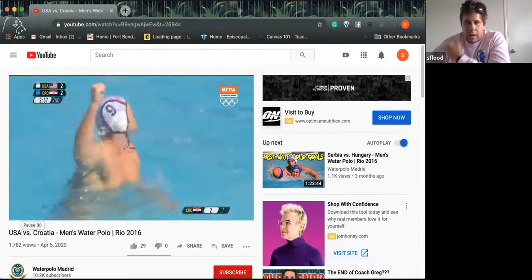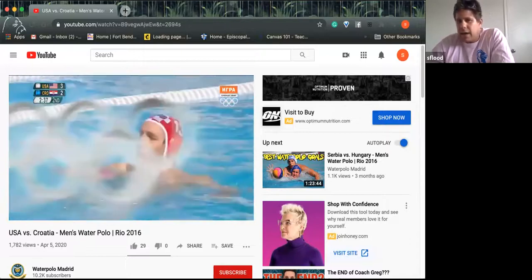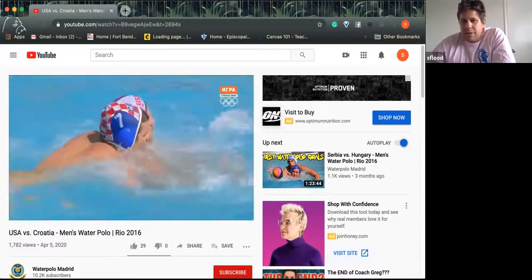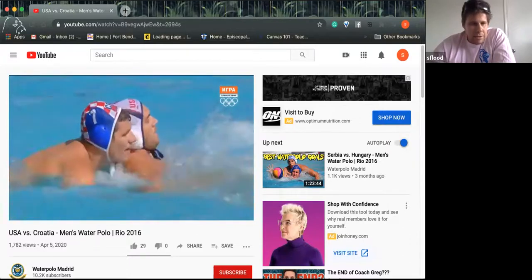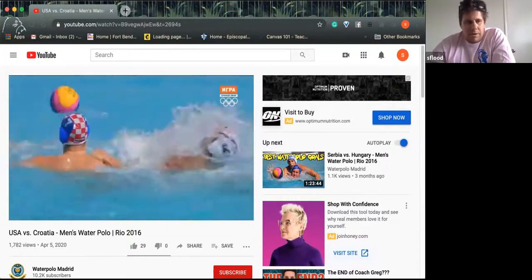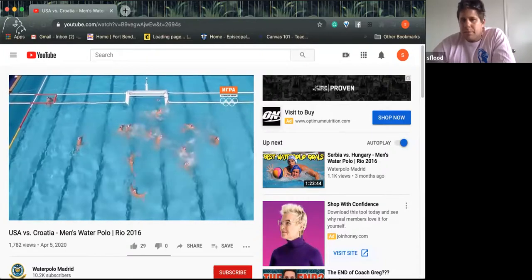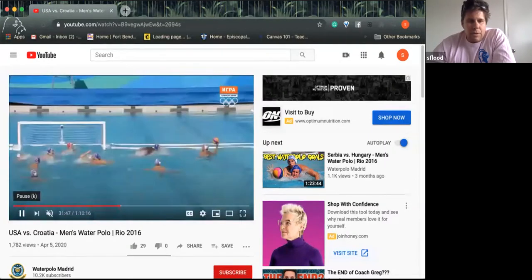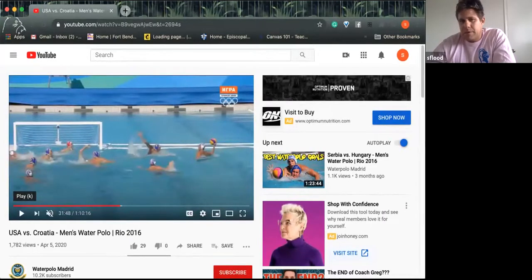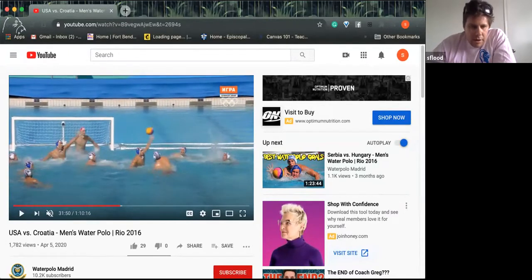So he locks the defense at the 6, gets a great pass, nice and high. The field blocker's out of position, the goalie's out of position. I think they showed it again after John Mann draws the exclusion. Yeah, there we go. Oop, much better. Also, the goalie is really good from Croatia, but he's used to Bowen not shooting it that way. But again, it's hard for kids to realize this. So if you look at